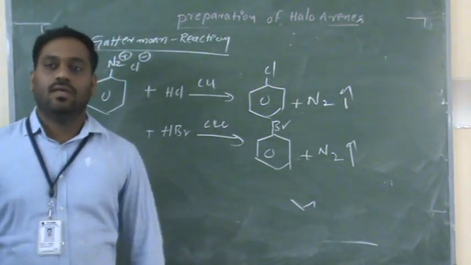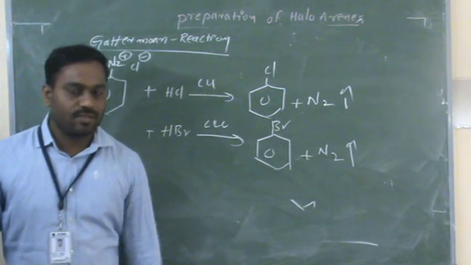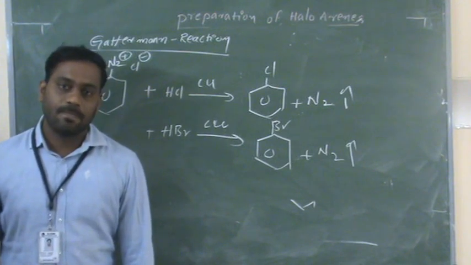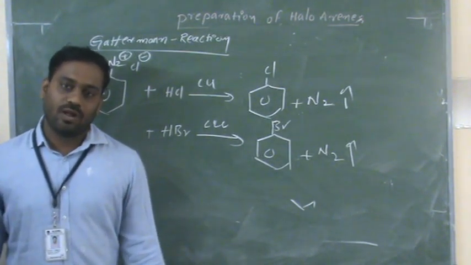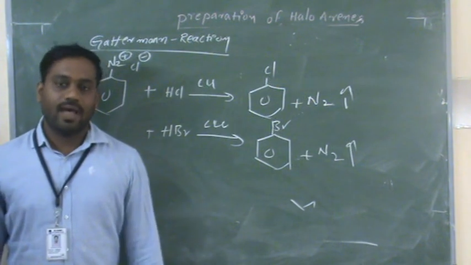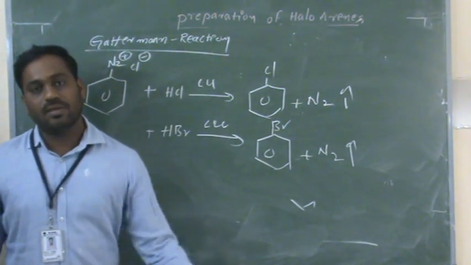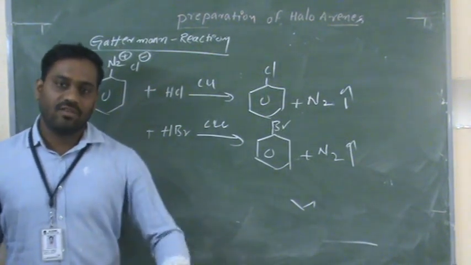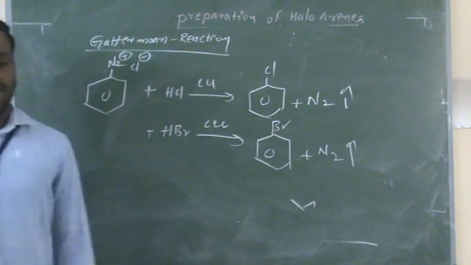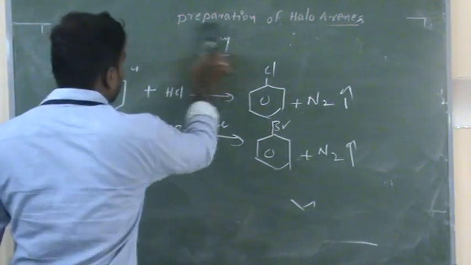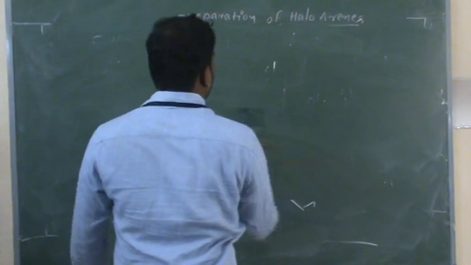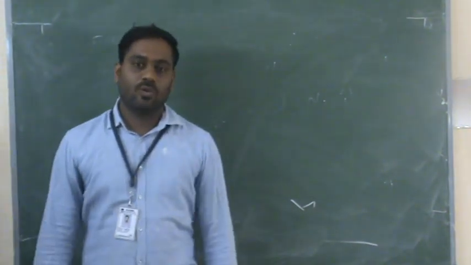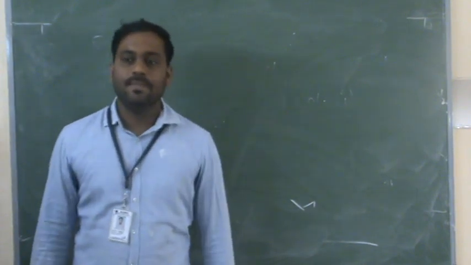Okay, so these are all the methods of preparation of haloarenes. The first one is direct halogenation of the aromatic ring. There are so many things we discussed, including side chain halogenation, and how we get the ortho and para products. We continued with the Sandmeyer reaction, and after that a very similar reaction, the Gattermann reaction. These are the three methods of preparation of haloarenes. Very important. This is the complete picture of how we prepare haloalkanes and haloarenes.